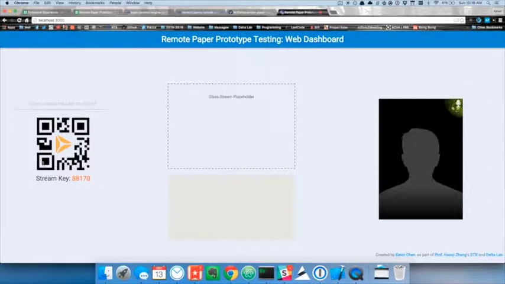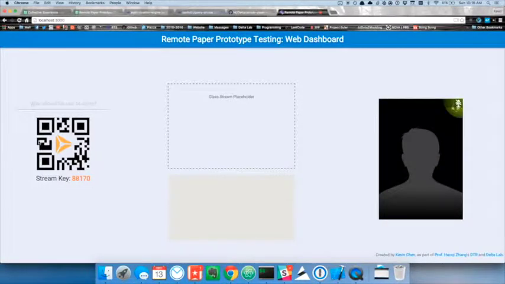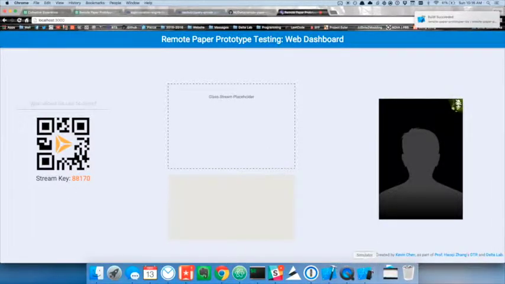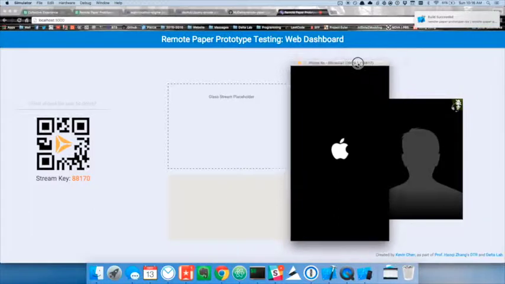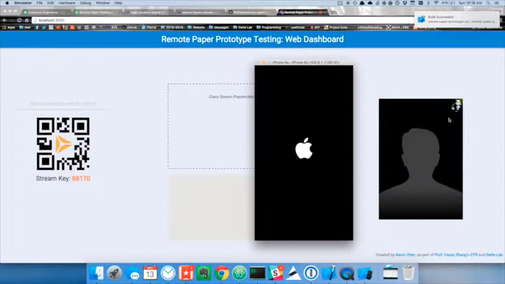And over here on the left, there's a QR code that the Google Glass application can scan in order to sync up with this particular client session, and over here is the stream key for the iOS app. So let's take a look at the iOS app then. Had a little bit of fun slapping logos on everything, because why not? Okay, so yeah, iOS application, it's been scaled to fit any size iPhone, while still doing all the tracking properly,